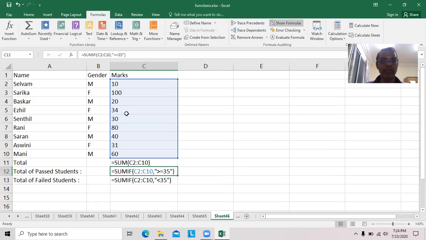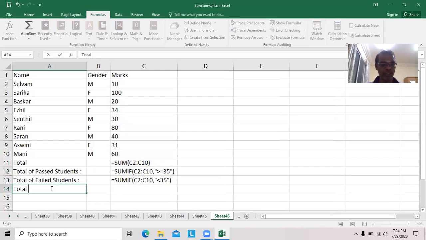That's all, so 100, 80, 40, 60 will be added. Same thing here. But our aim now is the total of passed male students.